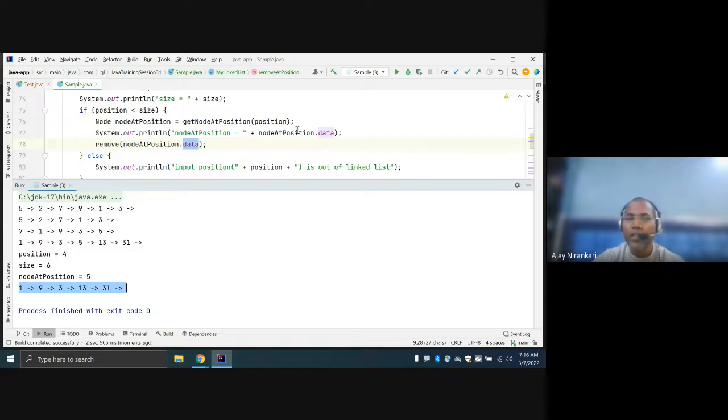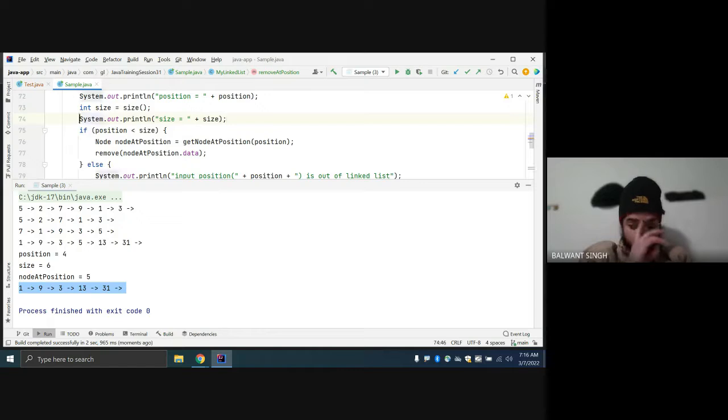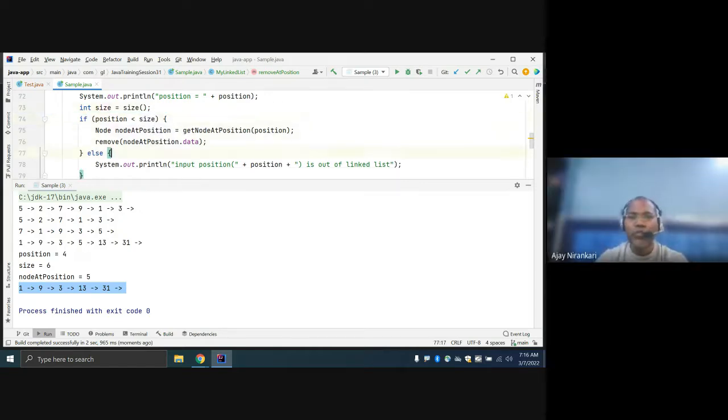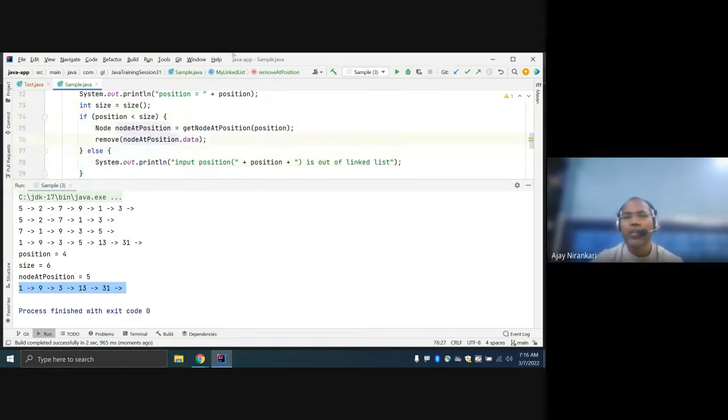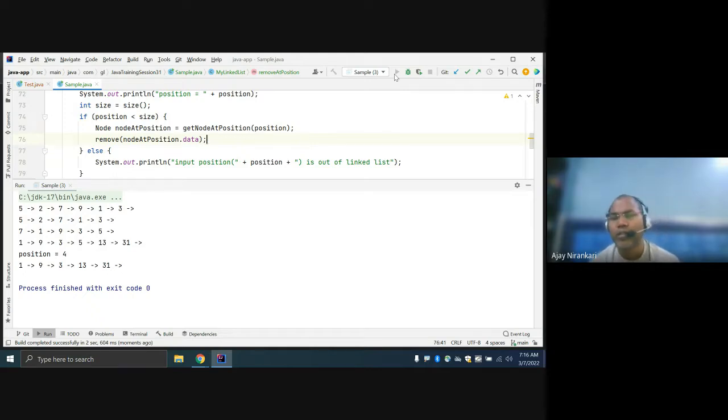Is it clear? Yes. Once your concept is clear, you can do it easily. This method you can reuse again. You just need to find the particular position data. So let's try multiple permutation combinations with you. Lots of questions you can think of. Okay.